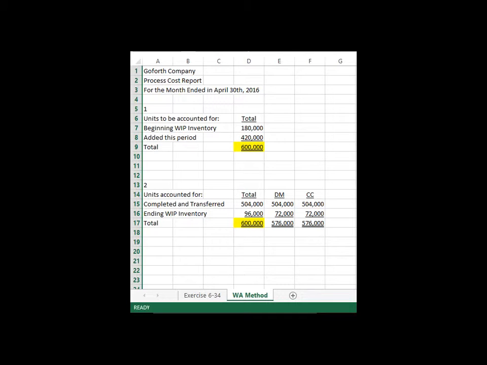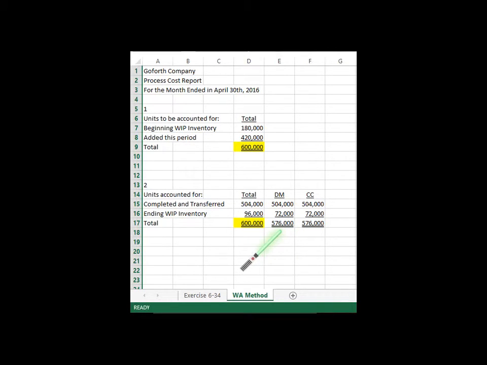However, since there's only 75% complete, the ending work in process for direct materials and conversion costs are only 75% of this 96,000. And when you add the total, completed and transferred is always going to be the same amount. Direct materials and conversion costs, you get the bottom line,